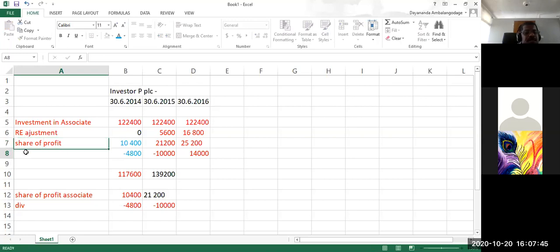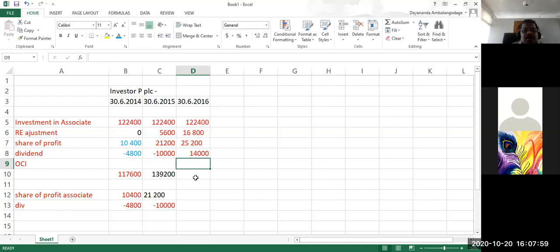This is the dividend adjustment, and this is the OCI story. Anything coming to the OCI, you have to put here. Here the OCI story is, I think, 1,680, OCI,